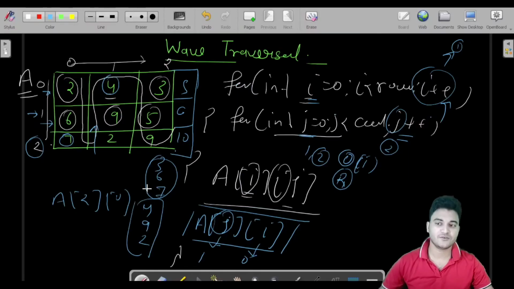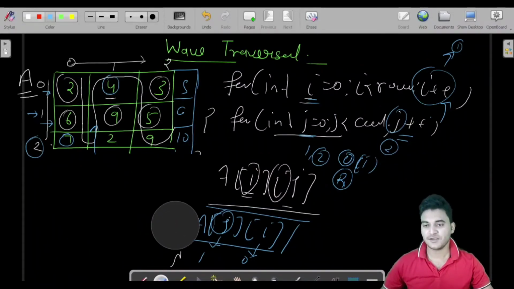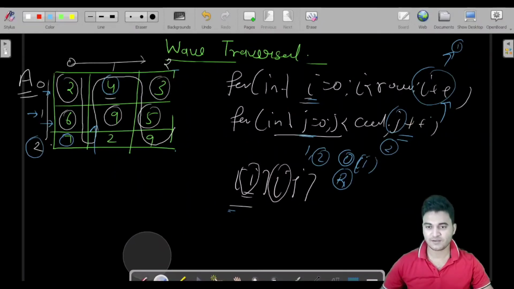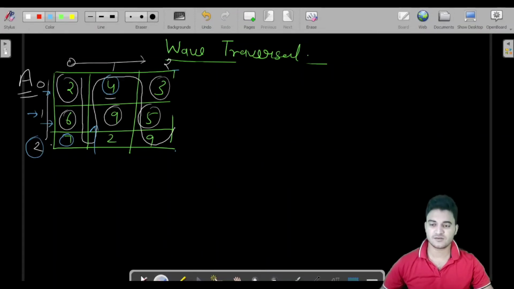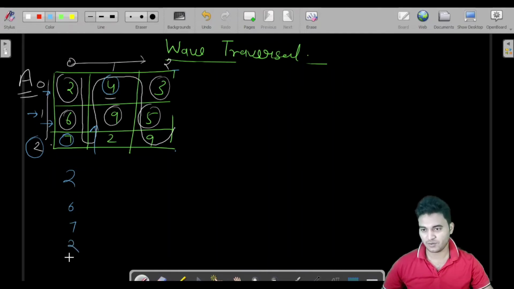So for that I would have to make some little bit changes. What are those? See it very carefully. I'm writing this type of condition for the first time. So this would be used in many of the programs, which is, let us say in this particular row we would print, like we were printing 267. So 267, and here we have to print 294 in this way.